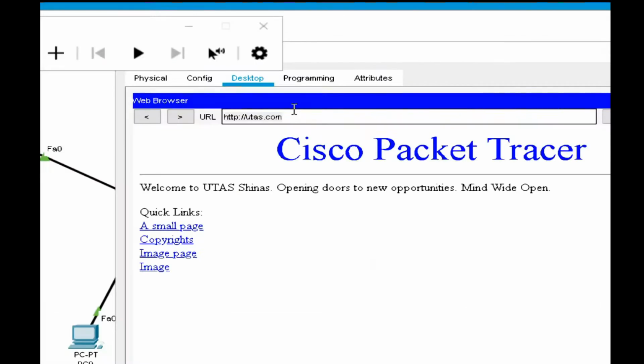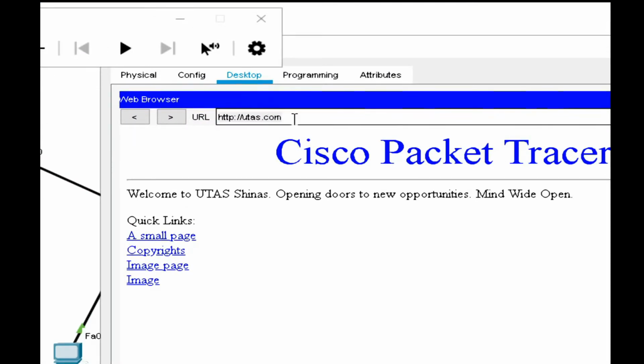We typed the name, we did not type the IP, because we configured the domain name. So the domain name is the IP resolution. As I told you, utas.com is the domain name of our server, so we will not type the IP. That's all for the domain name.